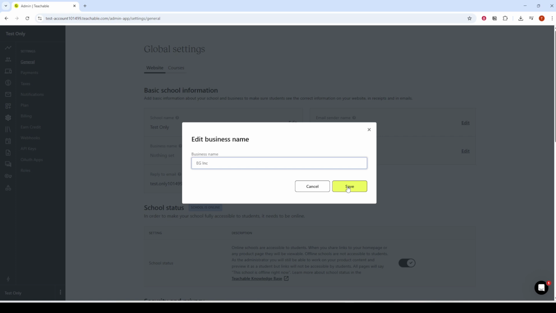Click into the business name field and type your business name. Take a moment to review it carefully. Remember, what you enter here influences what learners see on receipts, and depending on your setup, may also appear in other billing-related emails. Consistency across your payment processor, tax documents, and Teachable settings can help prevent confusion for students and